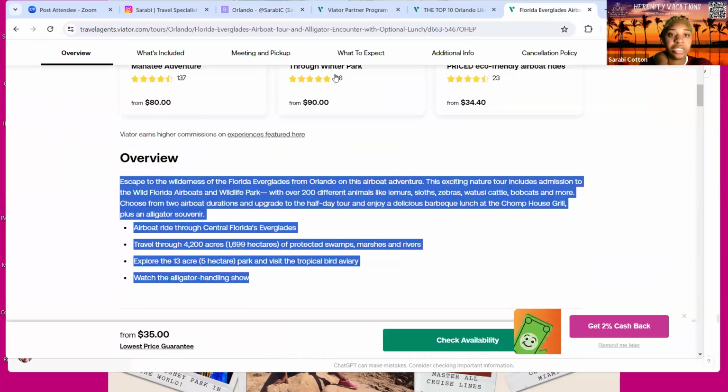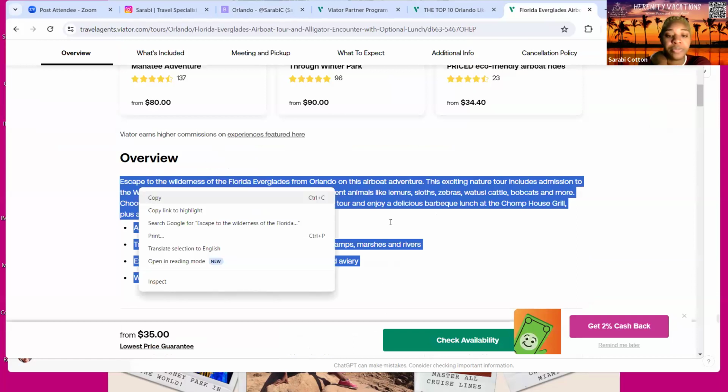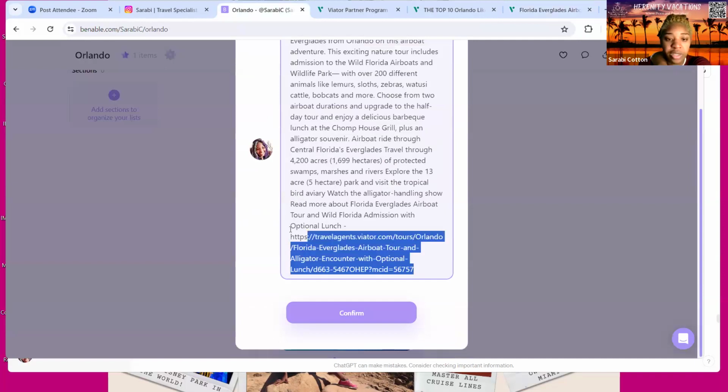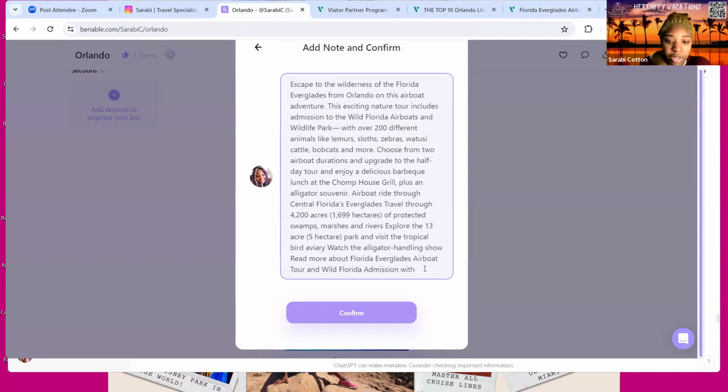I'm gonna copy this. I'm gonna just put it right here. And then I'm gonna take off this part. So always proof your work. What did it say?